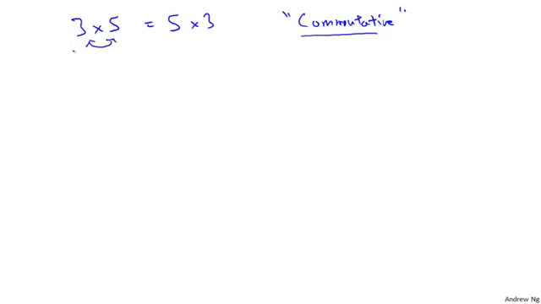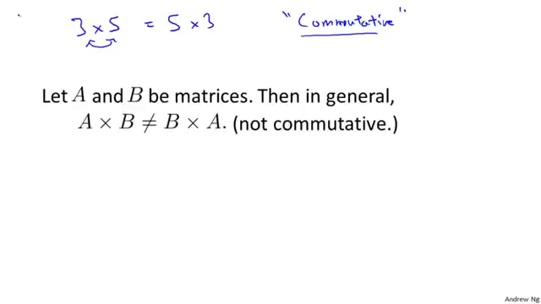When working with just real numbers, or when working with scalars, multiplication is commutative. And what I mean by that is if you take 3 times 5, that is equal to 5 times 3. The ordering of this multiplication doesn't matter. And this is called the commutative property of multiplication of real numbers. It turns out this property that you can reverse the order in which you multiply things is not true for matrix multiplication. So concretely, if A and B are matrices, then in general, A times B is not equal